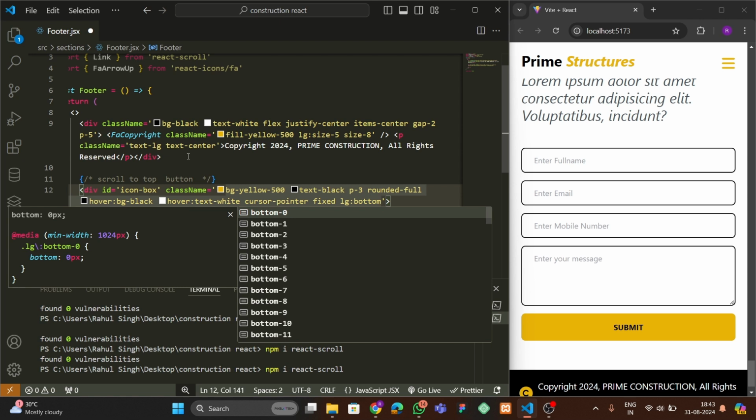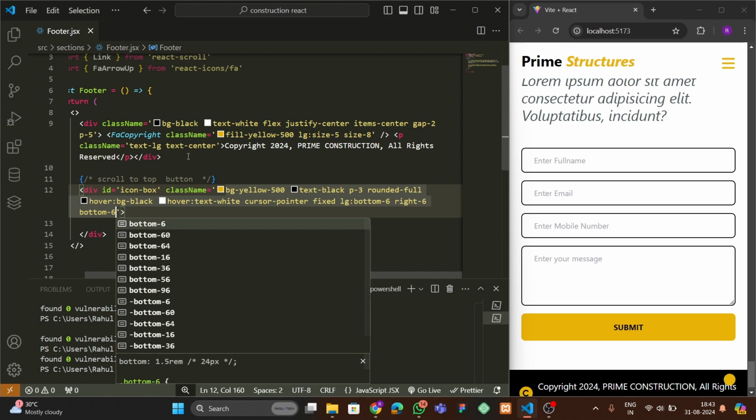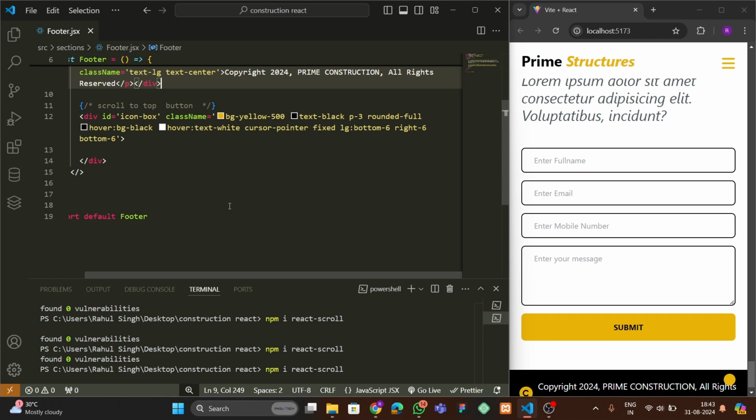And for the large devices, bottom would be 6, where it is fixed in the right. For the large device, it will be fixed at the bottom 6, and from the right it will be at the 6 value. And for the smaller devices also, bottom would be 6. Okay, then inside this,